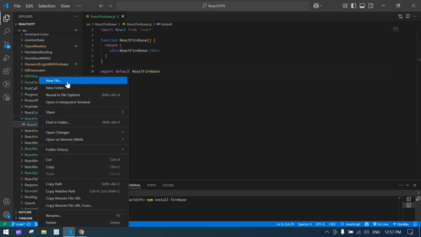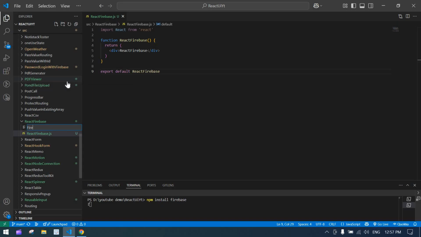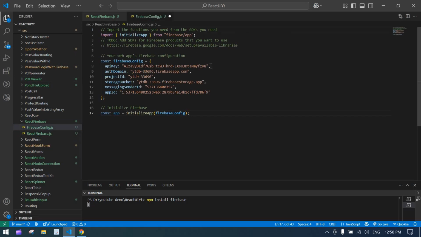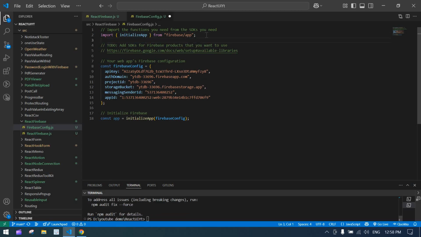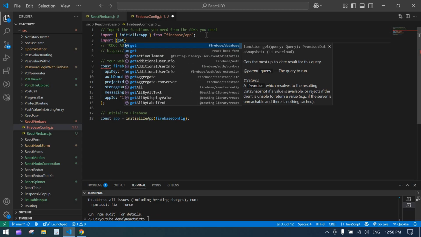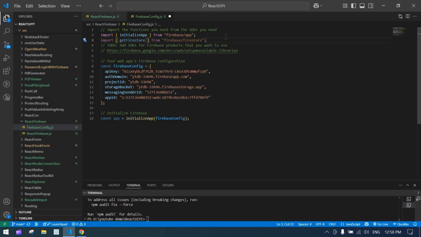So create a new file, firebaseConfig.js, and here paste that. So done. If you want to insert data, we need to import Firebase Firestore. So import getFirestore, this one. Yep, we got this. Copy that, and here const database, and paste that import, and we need to pass